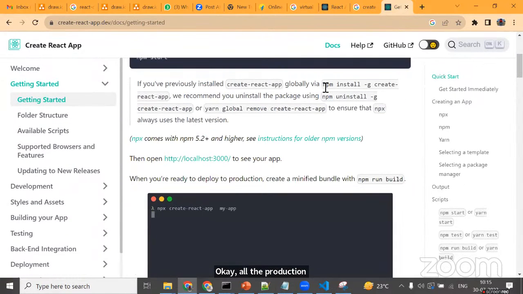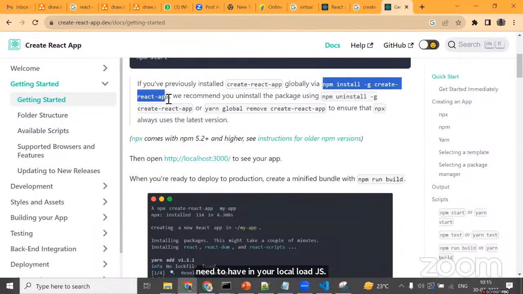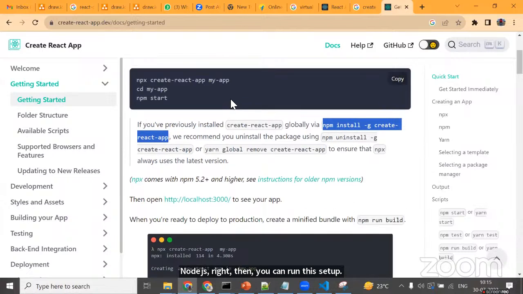Okay, very simple. First of all, you need to have Node.js in your local. You need to install Node.js. Once you install Node.js, only then can you run this setup. So first you need to install Node.js, and second you need to run this command: npm install -g